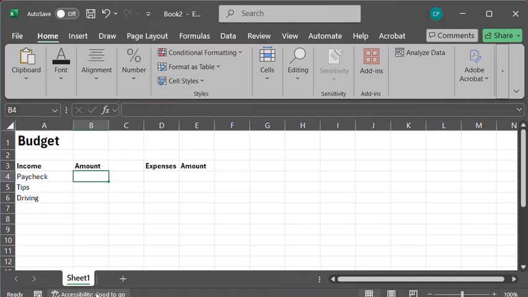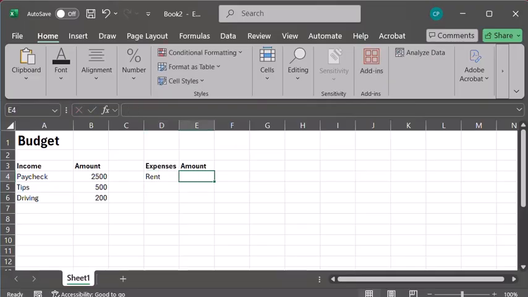So I'm going to say my paycheck is $2,500 a month, and my tips are $500, and driving I make $200. If you're doing this for a class, you can, of course, make up values or you can estimate your actual income.